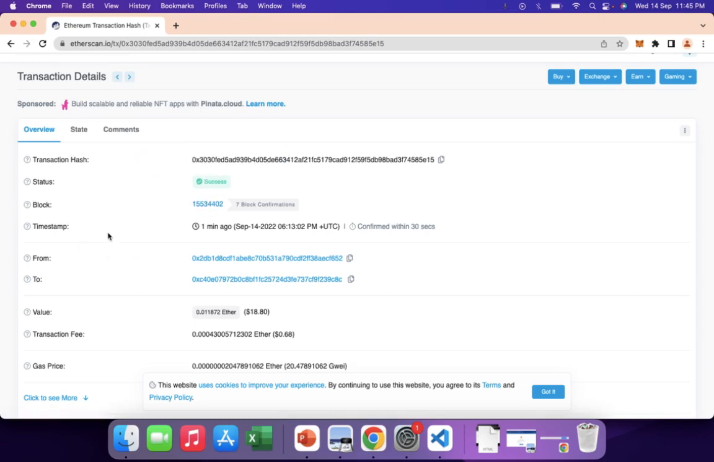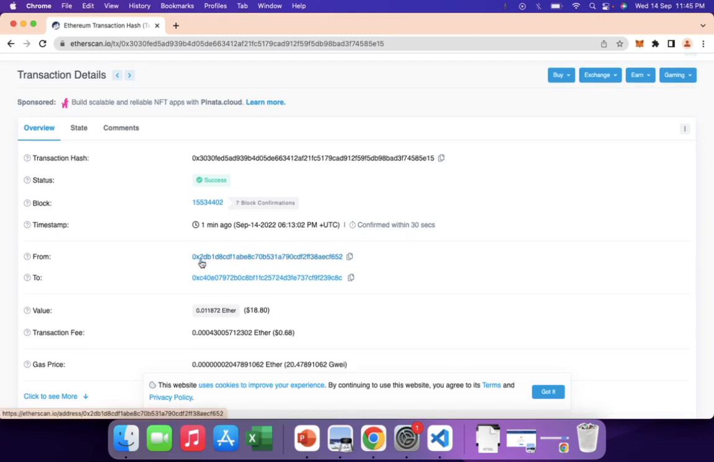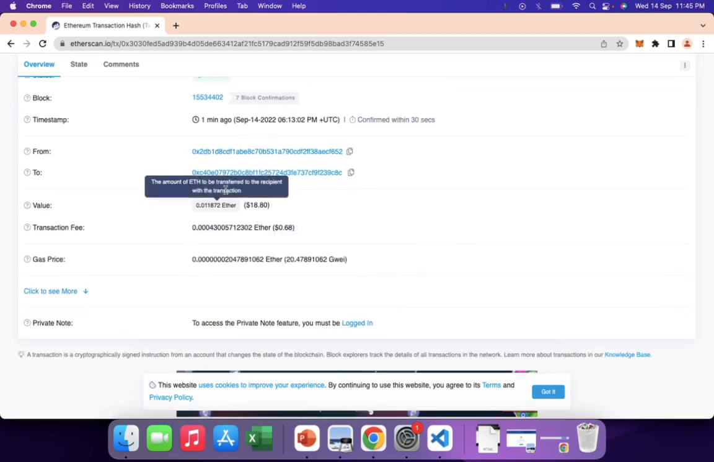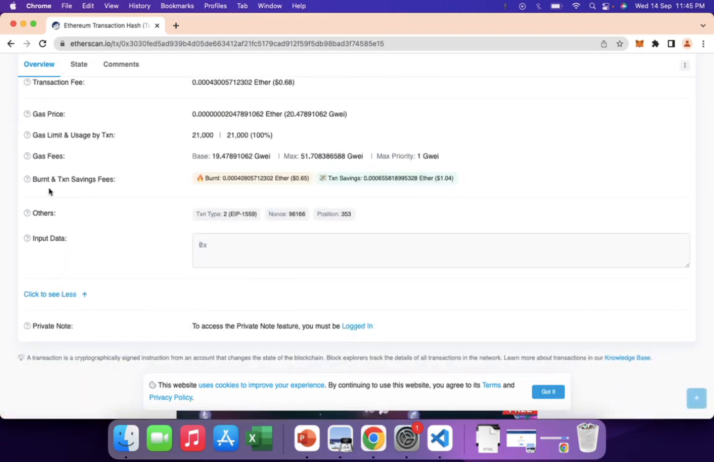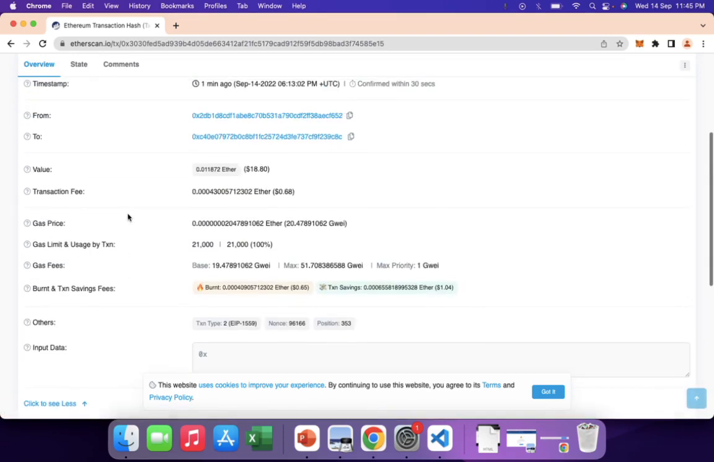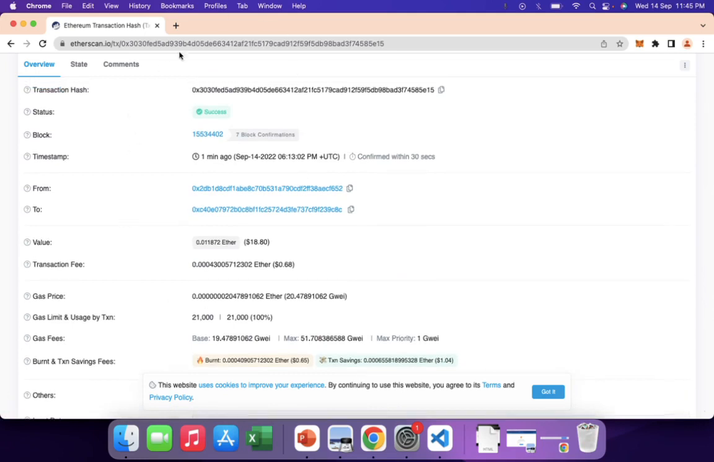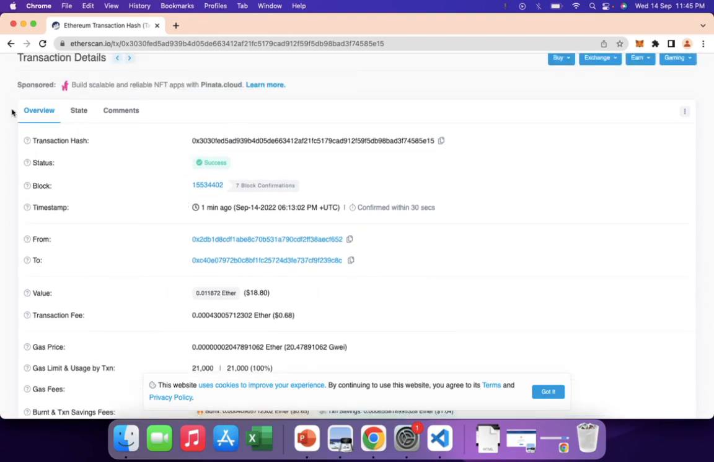Then the block number, timestamp, exact timestamp, as I told you, from, to, the value, the transaction fee. There are many more attributes. If I click here, you will see a lot of attributes, burn, fee, others, but that is not important for now. These are the main attributes. And I think that as smart contract engineers, we should be aware of the basic attributes a transaction carries with itself. That's why we are covering this. So going back,